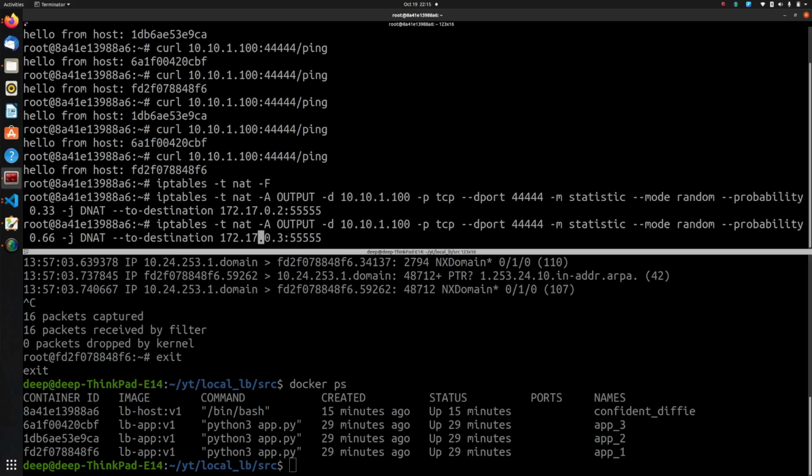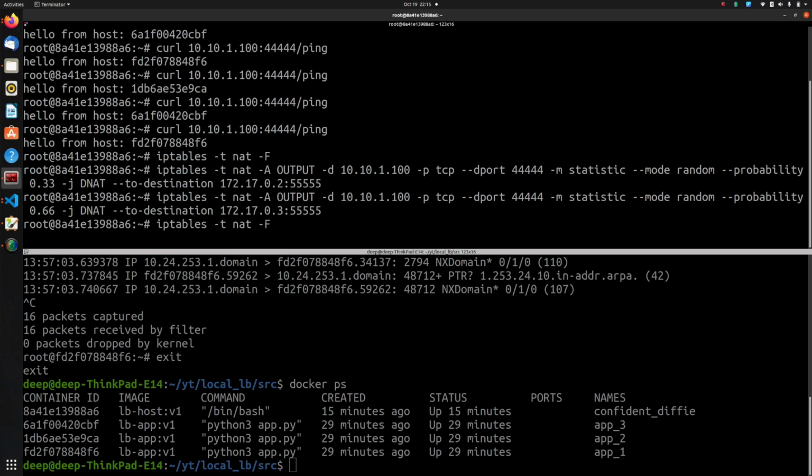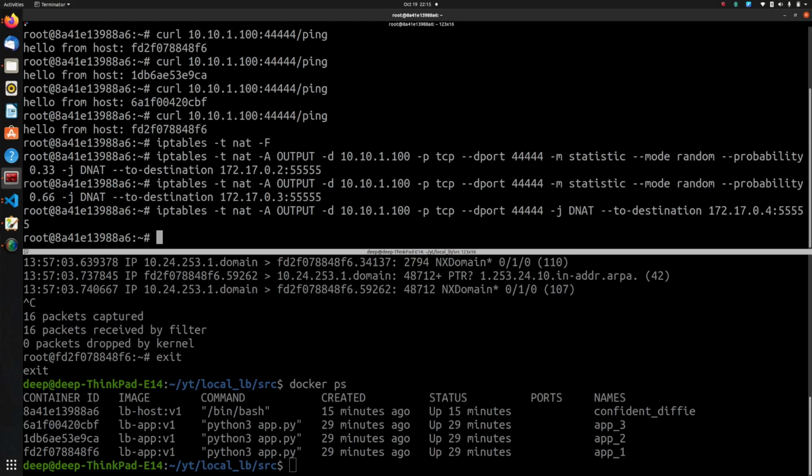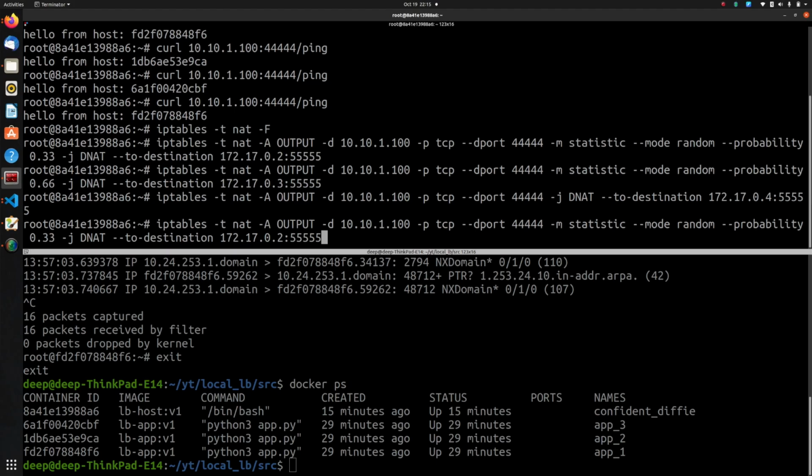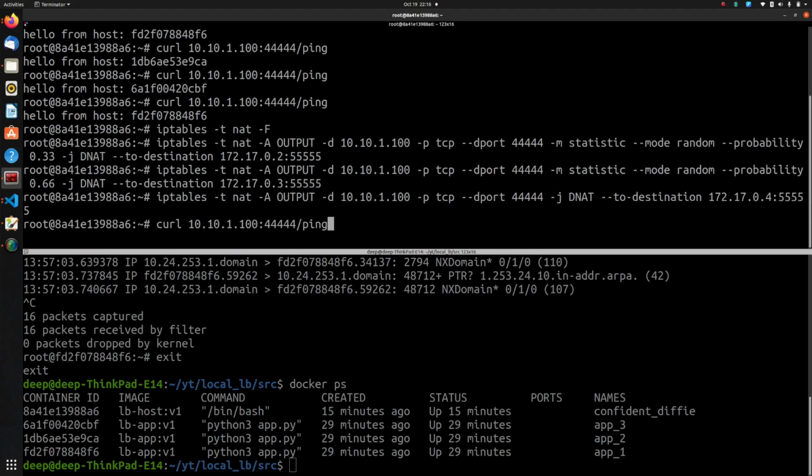Okay, and this will be 3, and when nothing matches, we have the third server, which gets executed when nothing matches. So let's do that as well. Okay, now once again let's do our curl.